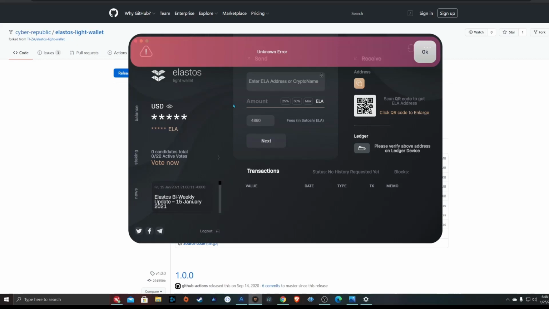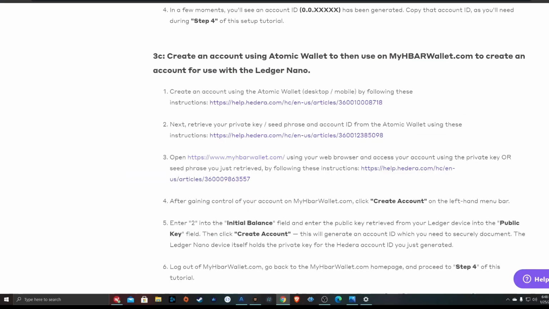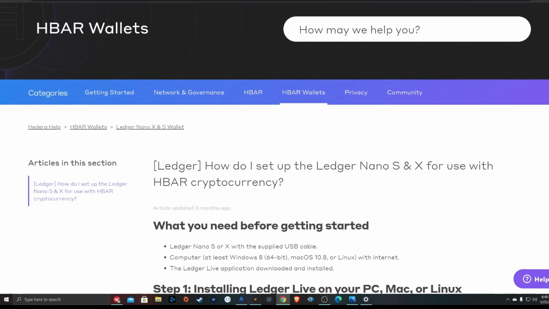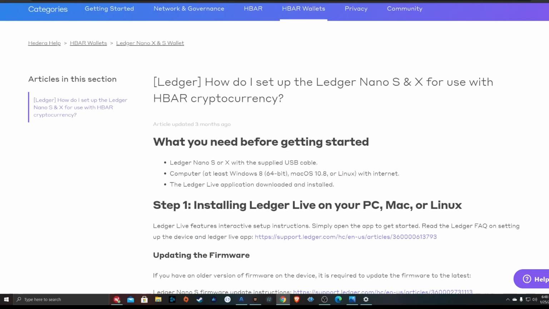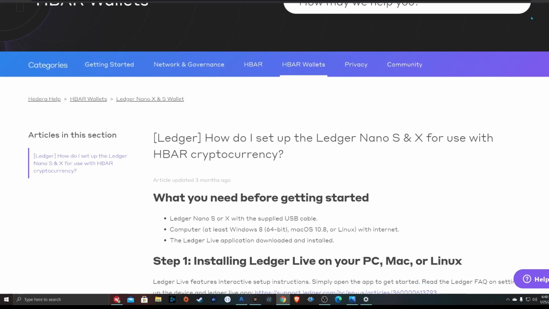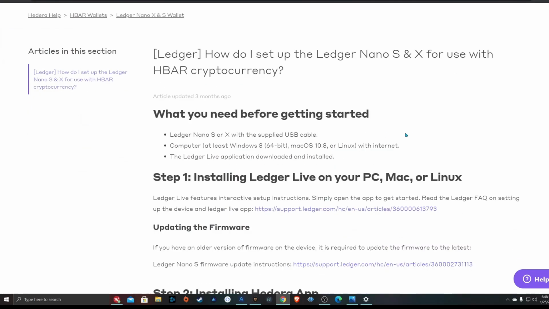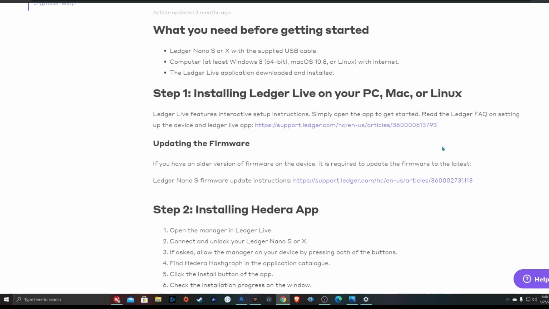All right. For Hedera, honestly, to me, it's too complicated for it to even be worth it. I don't have some massive amount of Hedera, in my opinion, and the way you have to do it is just too much. But if you want to learn, search for how do I set up Ledger Nano S and X for use with the HBAR crypto. Search that, I'm sure you'll find this page. It gives you all the step-by-step instructions. But this is not, in my opinion,